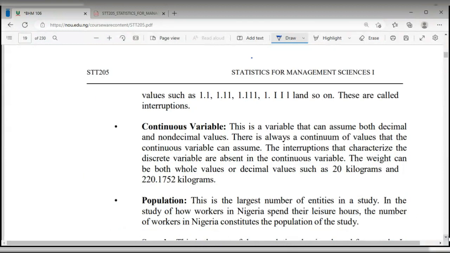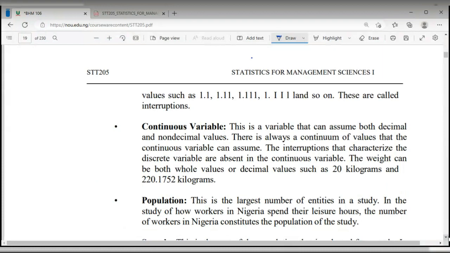Then the continuous variable. This is a variable that can assume both decimal and non-decimal values. There is always a continuum of values that a continuous variable can assume. The interruptions that categorize a discrete variable are absent in a continuous variable. Weight can be both whole values or decimal values, such as 20 kg and 220.1752